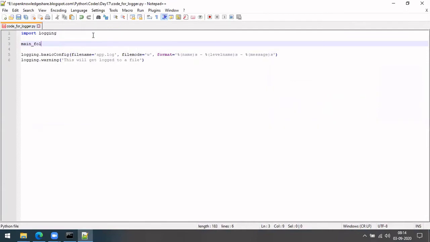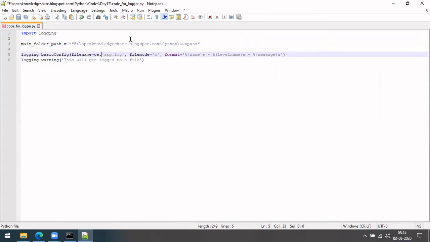I'll give something like this, main folder path, and then log. We can do this with os dot path dot join, and you can keep any name you want. My log file.